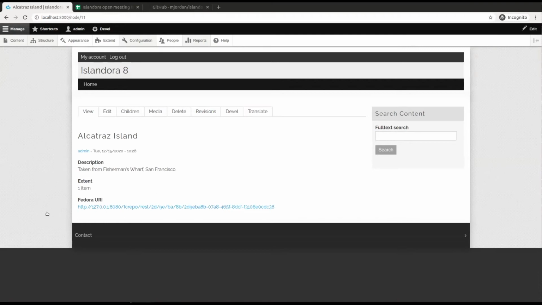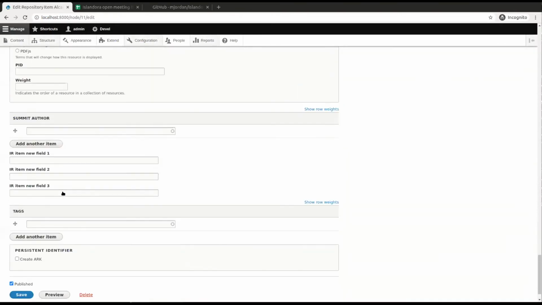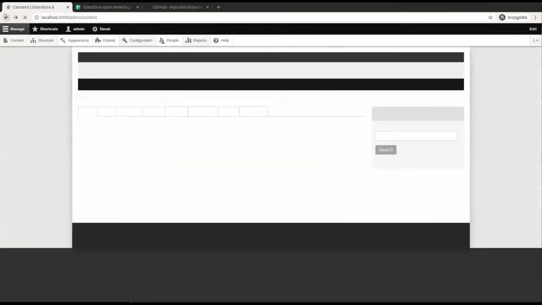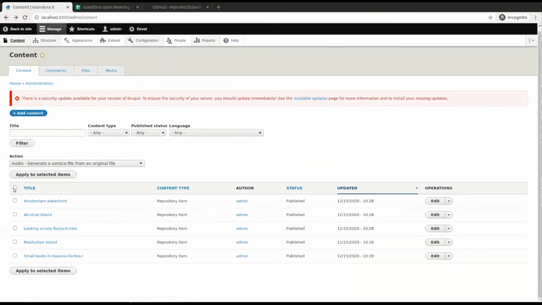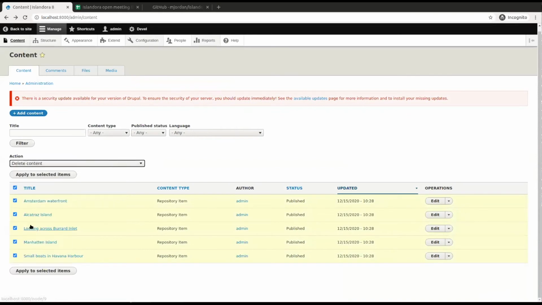In this case, again, it's not super interesting. It's just a description and a title. But if we go into the edit form, you can see that the model is there as well. It's known to be an image. So I'm just going to delete. I could use a rollback again here if I wanted to, but I'm just going to delete these. Move on to the next